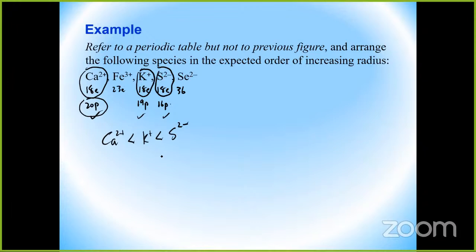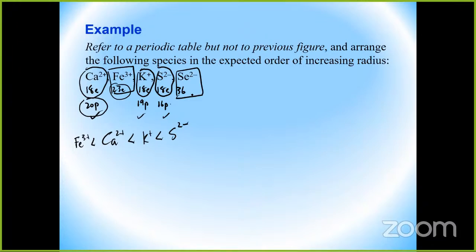Now, the next question is, where would these two, let me put these in boxes, where would these two lie in this series? Now, iron is where? Iron is in period 4 to the right of calcium. So I would put Fe3+ here because it has a greater number of protons here. And then the selenide, it is in,